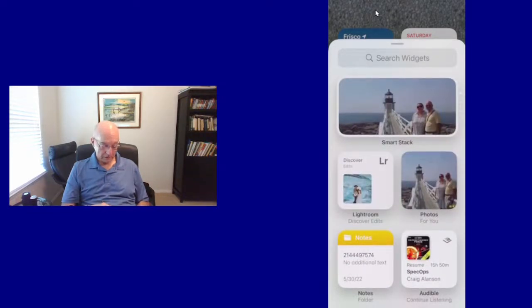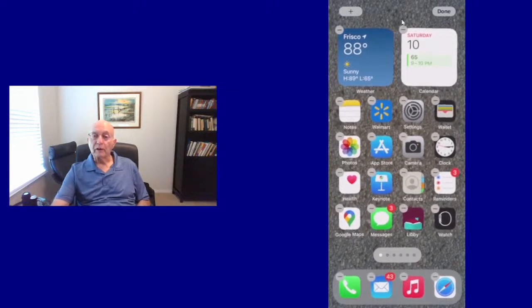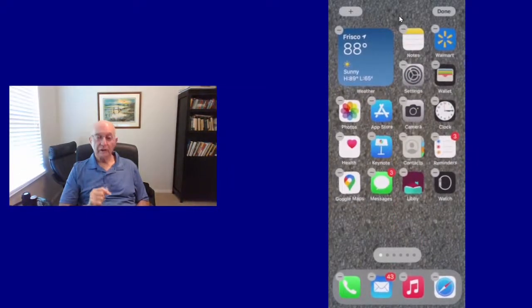So I'm just going to touch off of that. If I don't choose one, it just goes away. But let's say I want to get rid of one of the ones that I have. So I'm just going to put my finger on the little minus there on the calendar. And when I do, it says, do you want to remove the calendar widget? This will not delete it. It just removes it from the screen. And as you can see, the other icons then move around to fill in the space. So I would have more space for my regularly used icons if I wanted more of them on the page